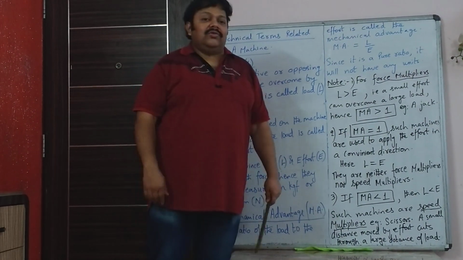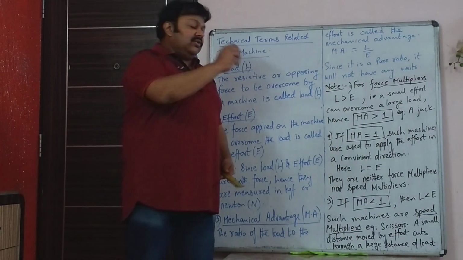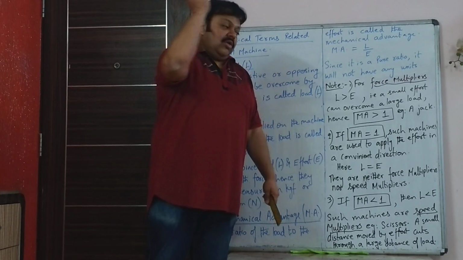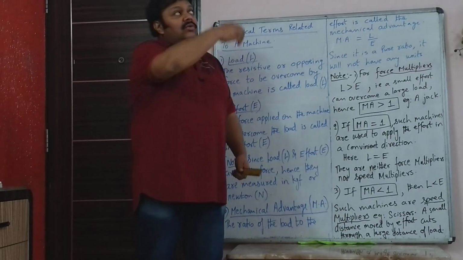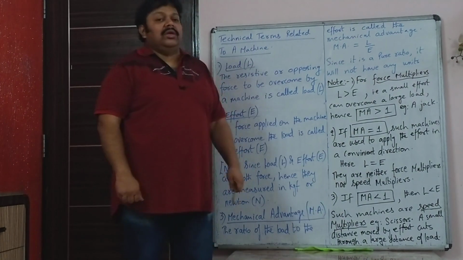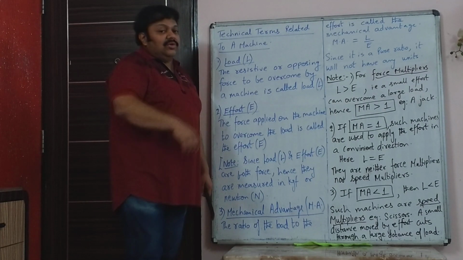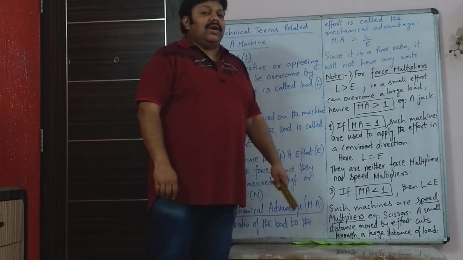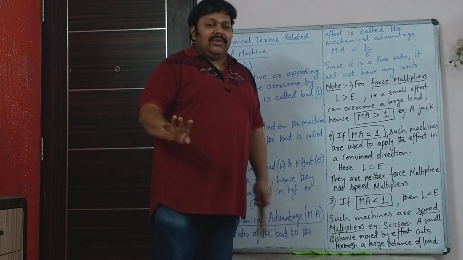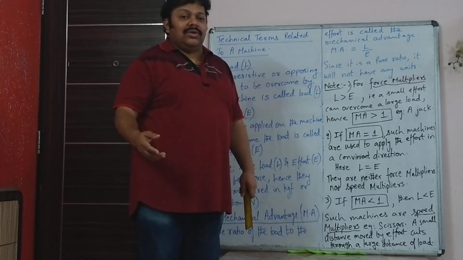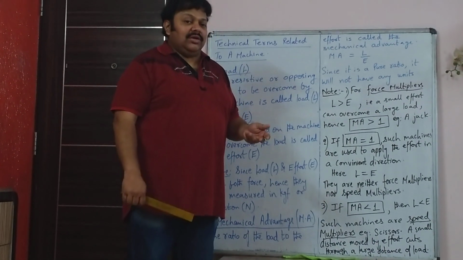To change the direction, like in a single fixed pulley I told you, rather than lifting water from the well by dropping a bucket and then tying it to a rope and pulling it up, it is better to use a pulley and pull down the rope, and the bucket comes out. With the force of gravity, the effort is applied in a better manner. So there is no name given if MA is equal to 1. The use is there, it is used to apply the effort in a convenient direction.